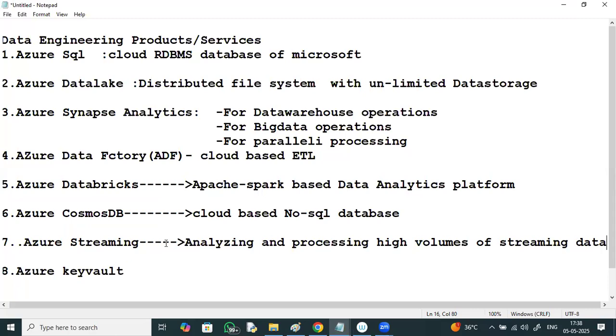Streaming data means data which keeps on generating, data which keeps on incrementing. Such data we call streaming data. Processing high volumes of streaming data from multiple sources, simultaneously.